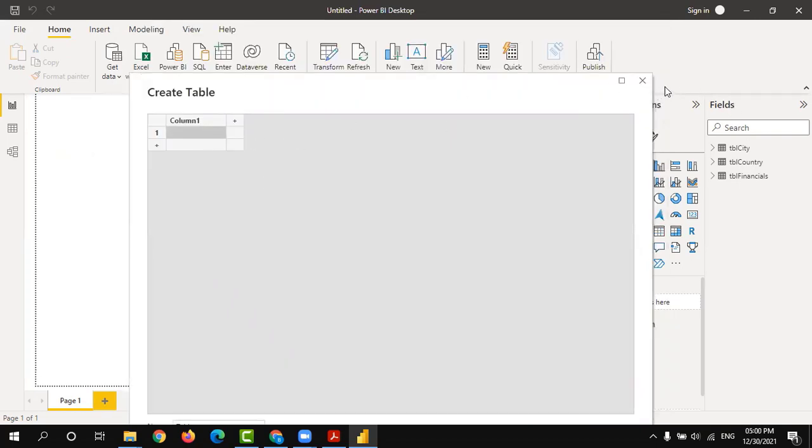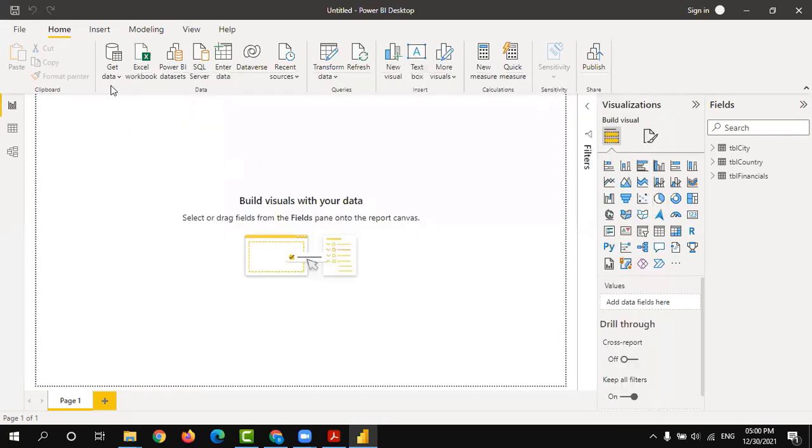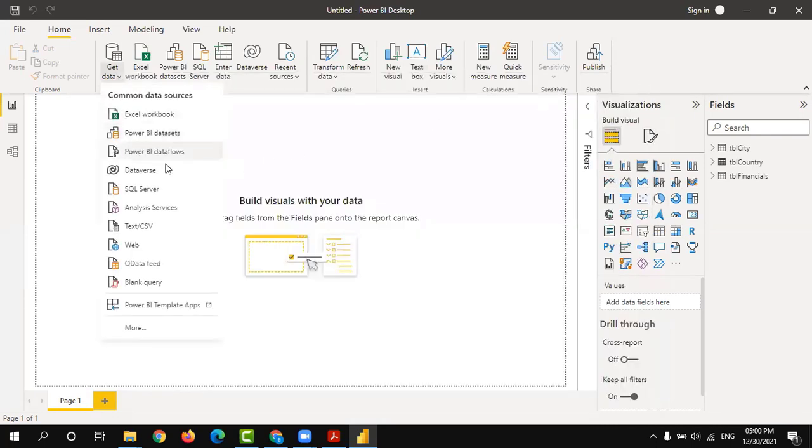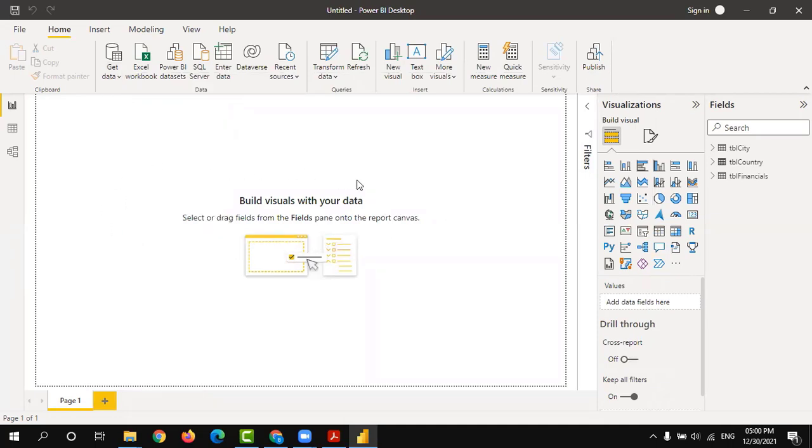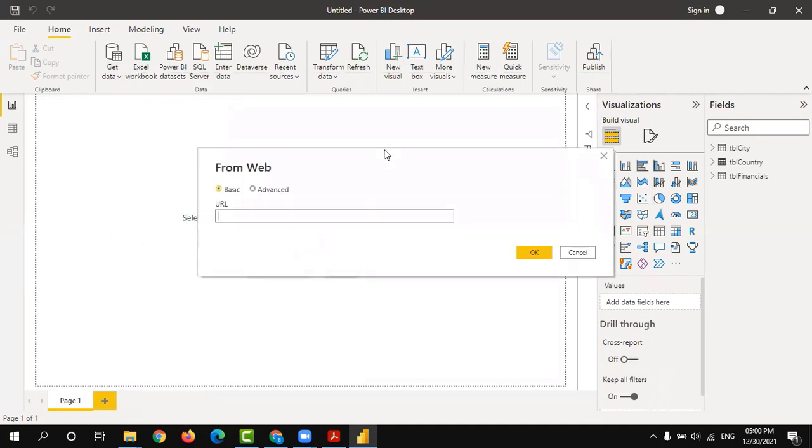And one more option here: we can get data from a web page. We can connect directly to the web through Power BI. Here, which data we want, like